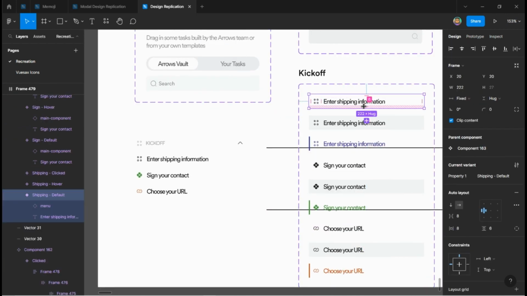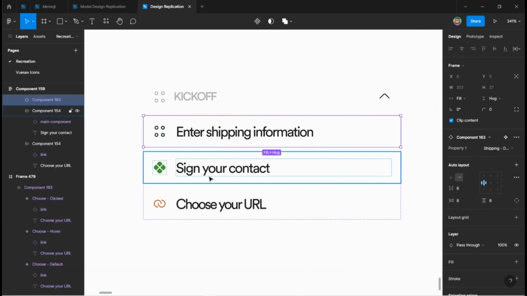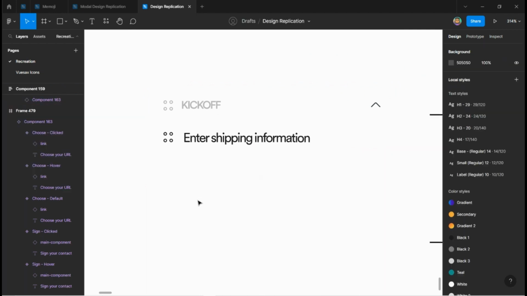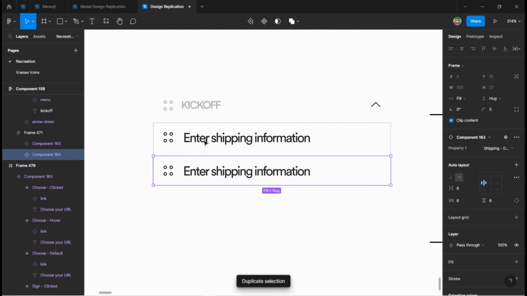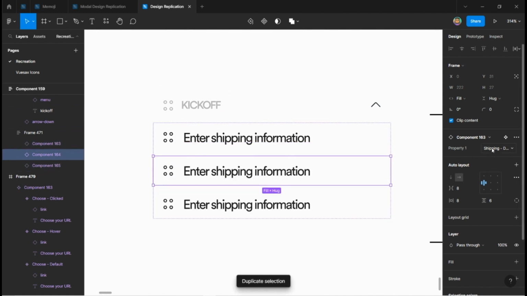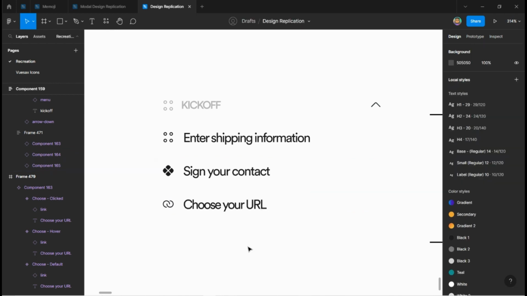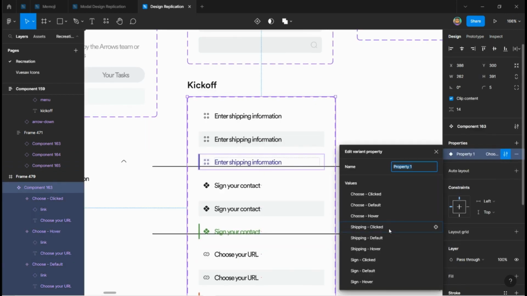So what we'll do is just copy one of them. Come here, replace that with this. You'll see the purple color here. Yes. So what we'll do now, we'll delete all the people here. Why are you deleting them now? Don't worry. We can duplicate the component, change this from shipping over to sign in default. Okay. Change this one to choose default. I come here to rearrange this. We want